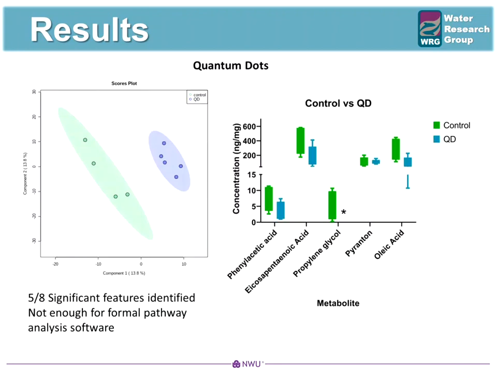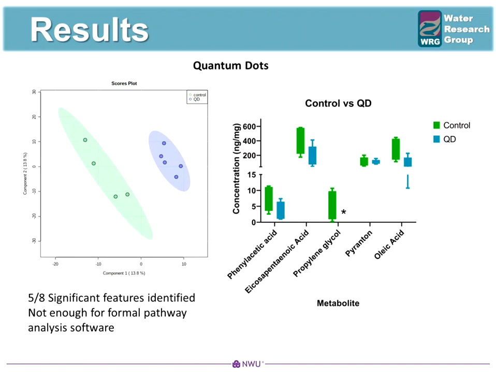Quantum dot and its bulk materials, cadmium and beryllium, did not have enough significant metabolites to do formal pathway analysis. I will, however, be reporting the significant metabolites and the pathways they form part of. In the case of quantum dots, phenylacetic acid, eicosapentaenoic acid, propylene glycol, pyranone, and oleic acid were considered significant, all